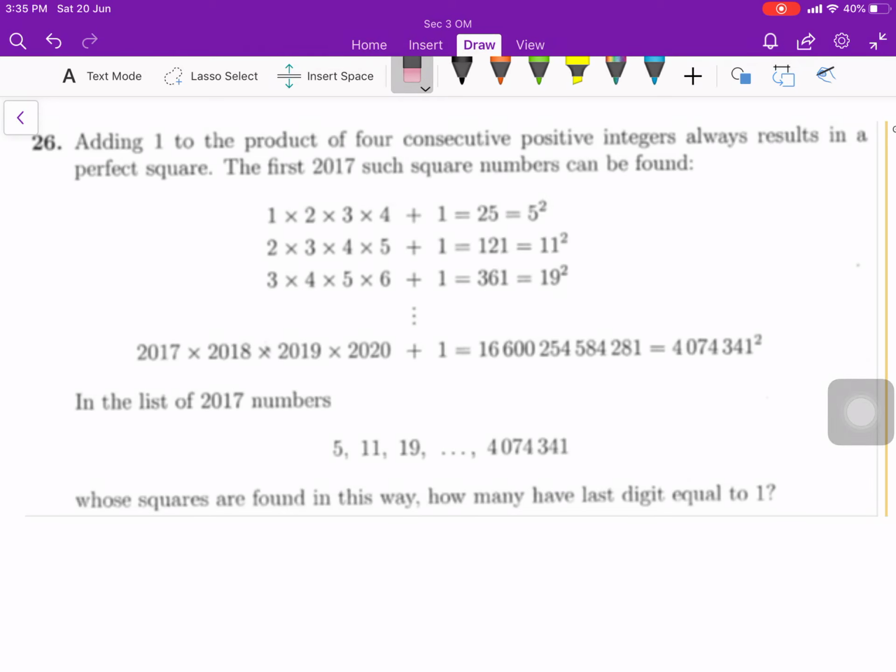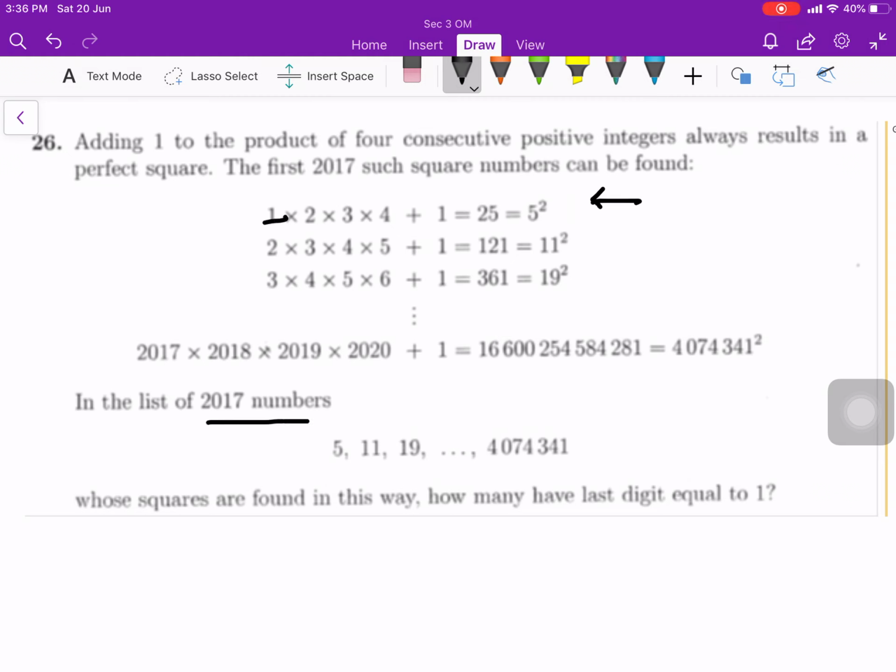Okay, let's look at question number 26. You are given this series of numbers. As you can see, the first number: 1 times 2 times 3 times 4 plus 1 is equal to 5 squared, and so on. Then they ask you, in the list of 2017 numbers,